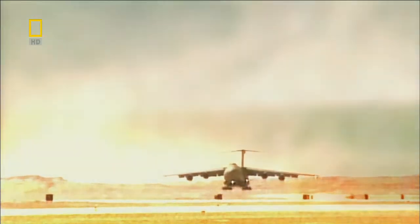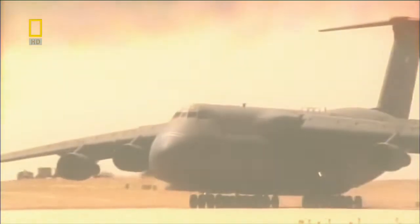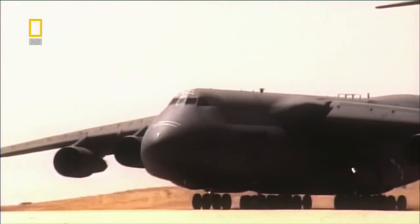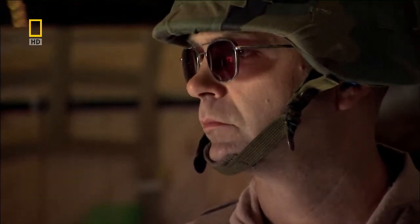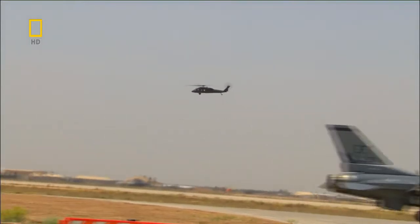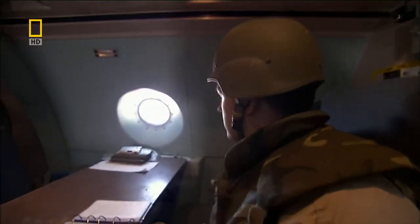2 C5s have crashed in military operations. And in 2004, a Mega Plane barely survived a missile attack in Iraq. Today's mission once again puts the C5 through the ultimate test. The plane must carry its massive load of armor to one of the most dangerous combat zones in the Middle